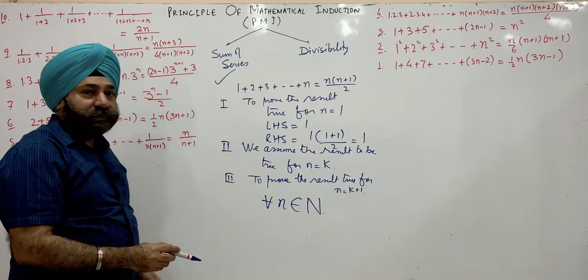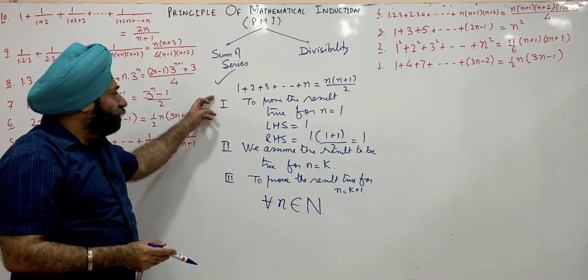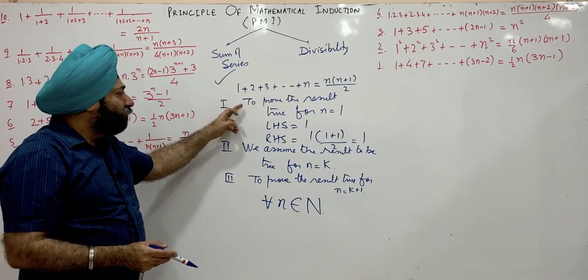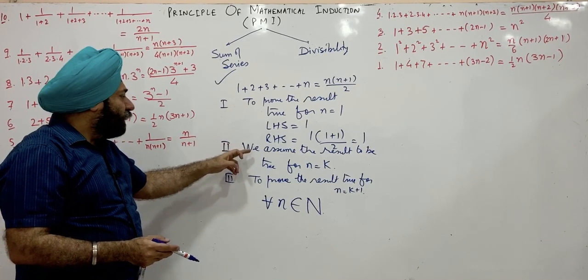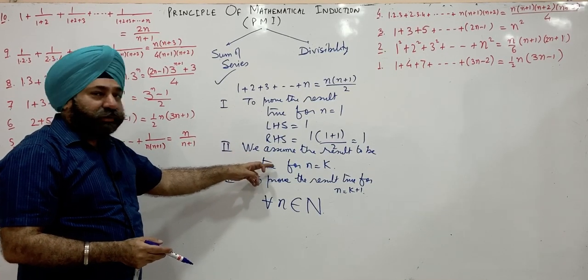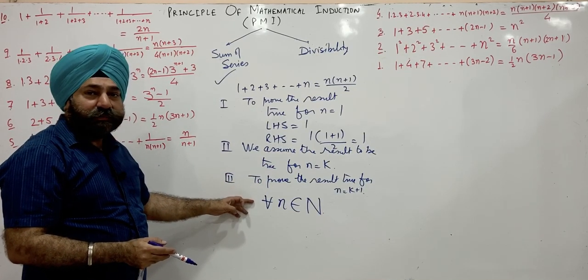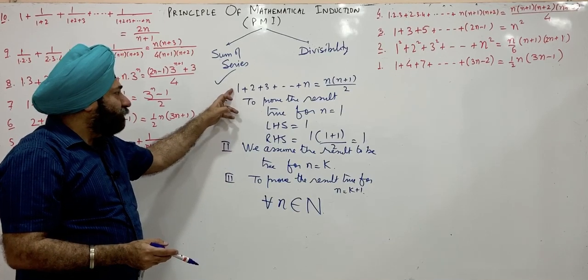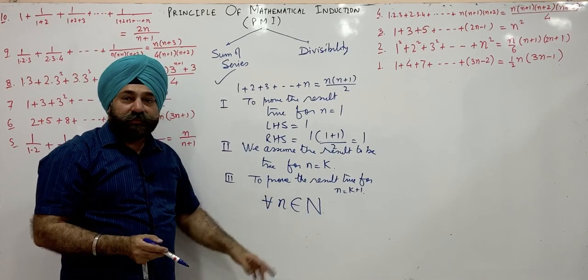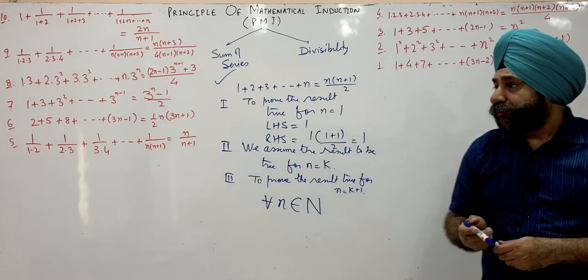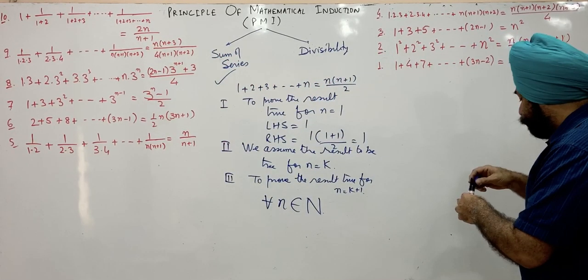This is principle of mathematical induction, that if you can prove a mathematical statement like this true for n is equal to 1, and after assuming the result true for n is equal to k, you are able to prove the result true for n is equal to k plus 1, that means this statement is true for all natural numbers. So let's begin questions based on this. The first one,